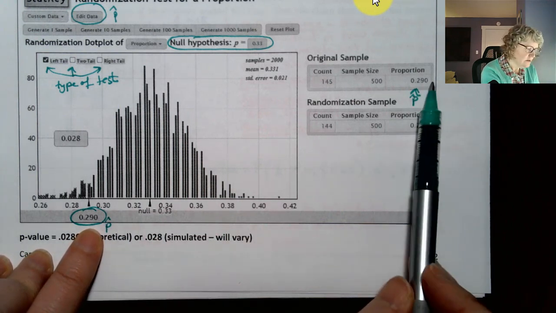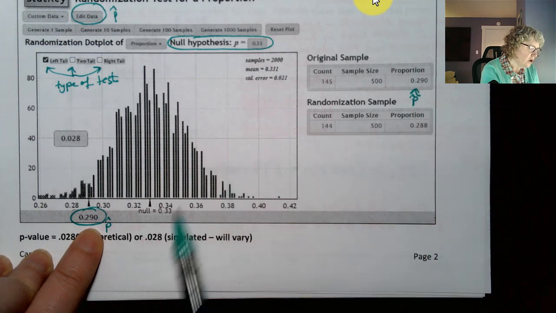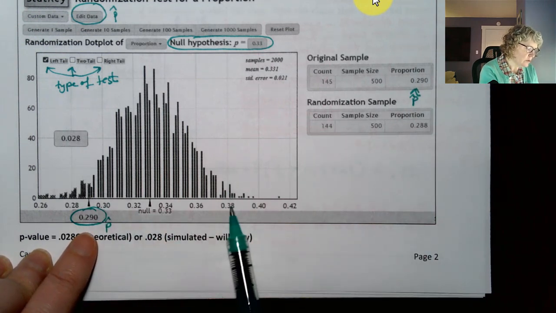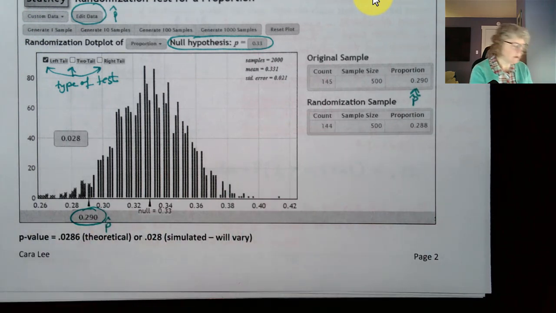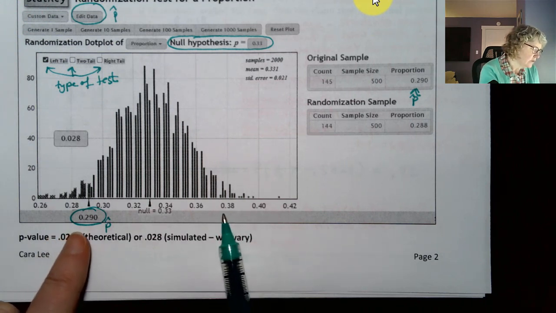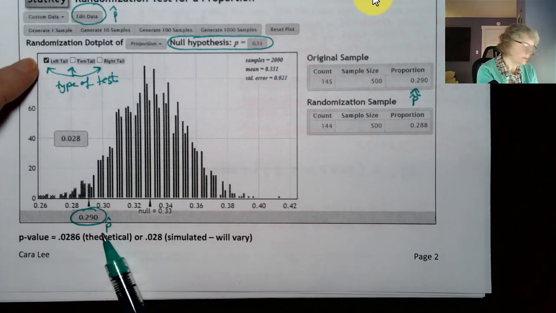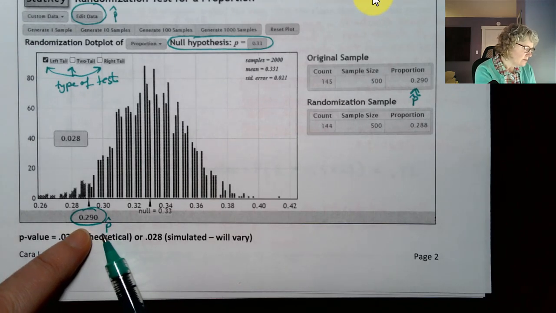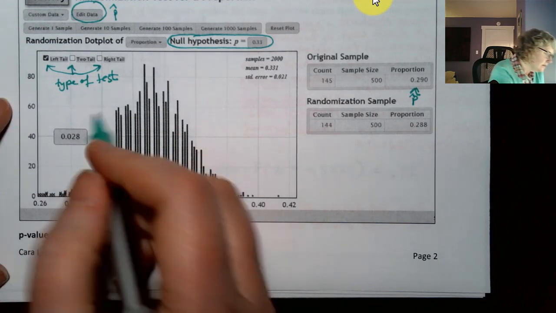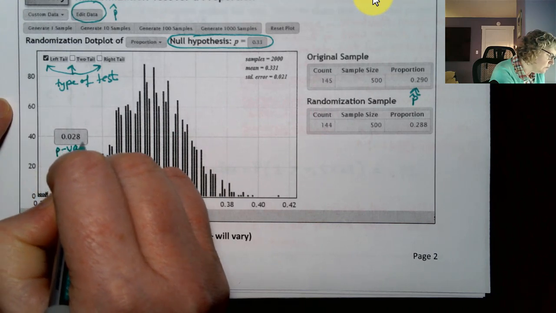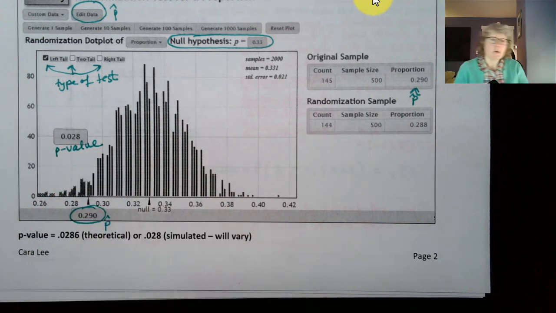And then you need to see, where does this fall? Does it fall in the upper side or the lower side? Because if you don't get it on the right side, it'll get confused. So this is our p-hat, and this particular one was a left tail test. So I put it in on the left, and then this is our p-value. Okay, so I hope that gives you an example for simulation,